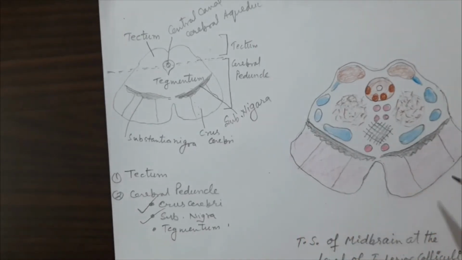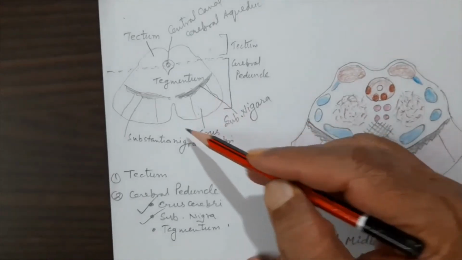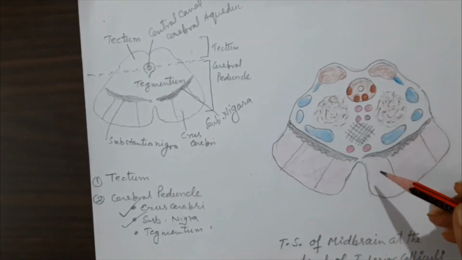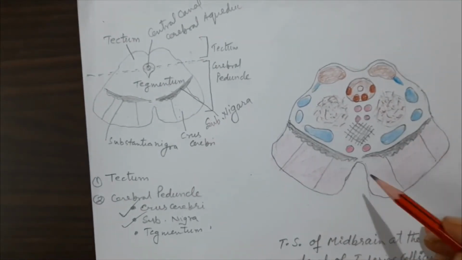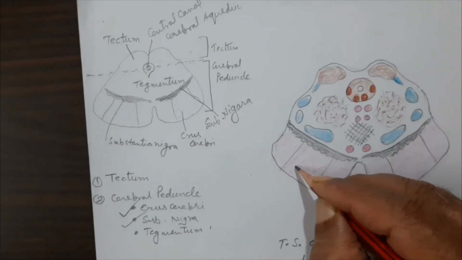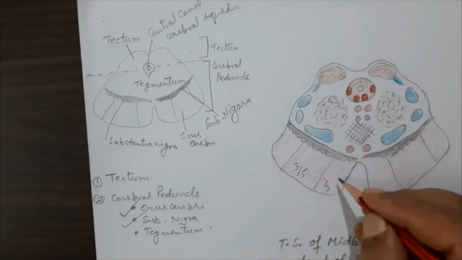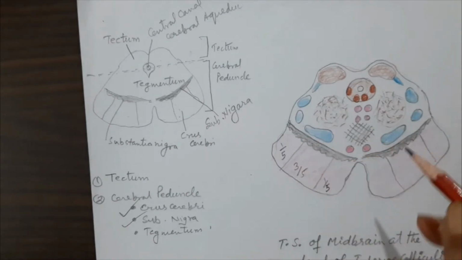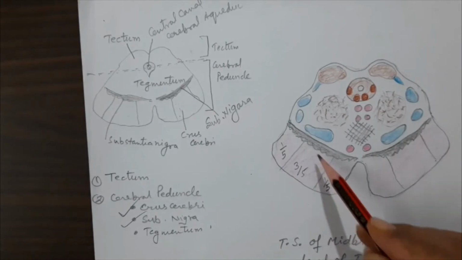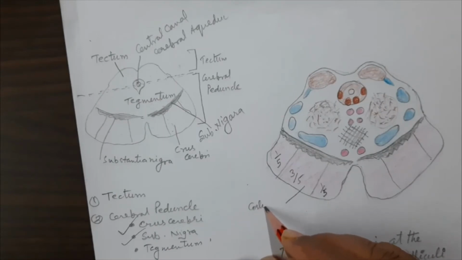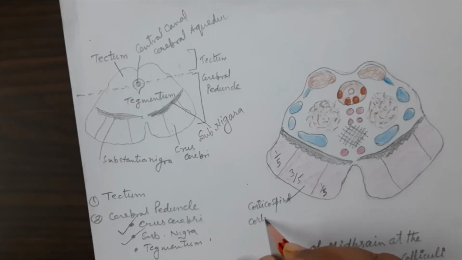Now this band of white fibers present in the crus cerebri is divided into three different parts on either side. This is the medial 1/5, this is the intermediate 3/5, and the lateral 1/5 part. That means the major part is in the intermediate portion, and this part contains the fibers which are corticospinal